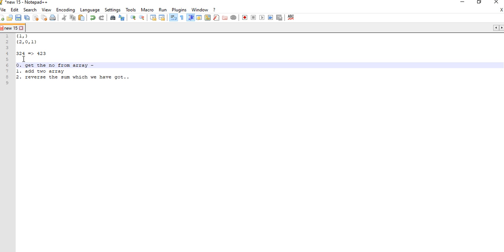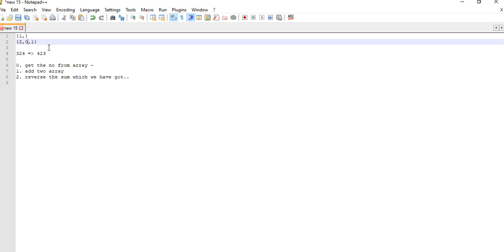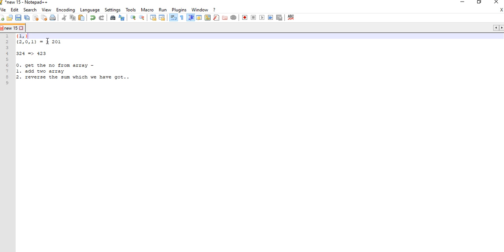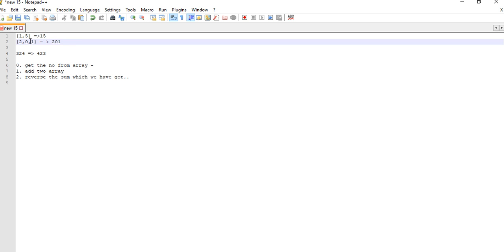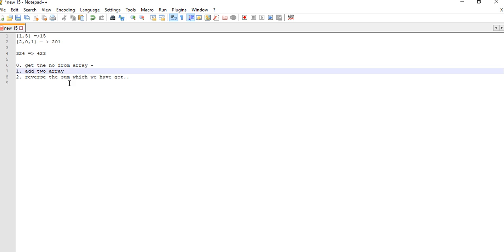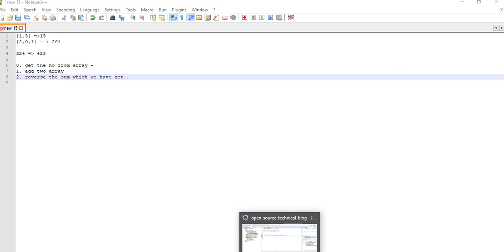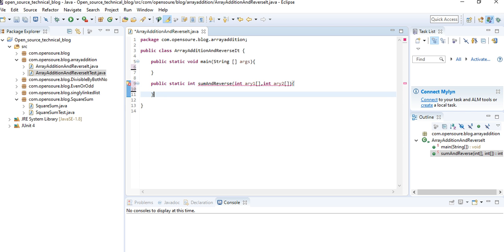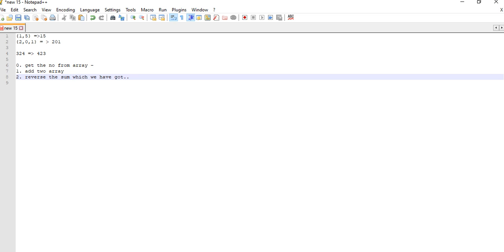I mean to say, in the array we have comma separated values, but what I want is a number like 201, or in this case, if two numbers are there, then I want 15. So first we need to get this number from the array, then we need to add them, then we need to reverse the summation. So let me create a method which will get the number, the first step, step 0, get the number from array.